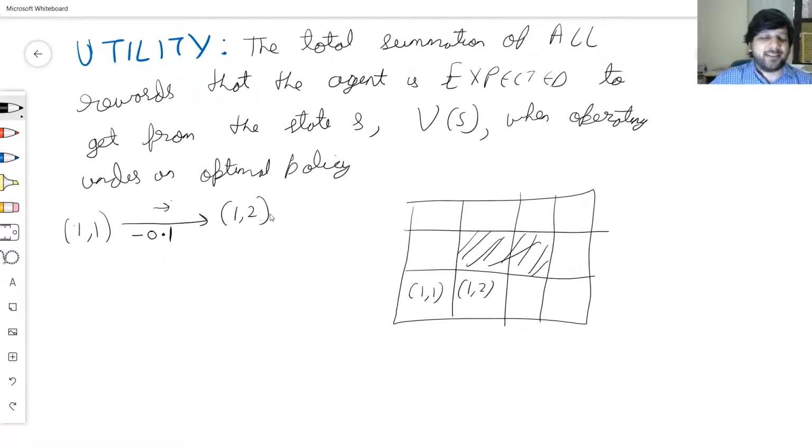Now I'm just writing down the reward directly. From (1,2) I again take a right and I do not slip. So I reach (1,3) and I get a minus 0.1 as the reward. From (1,3) I again take a right. This time I slip, and because I slip I collide and I stay at (1,3). And because I stay at (1,3), I incur a minus 100